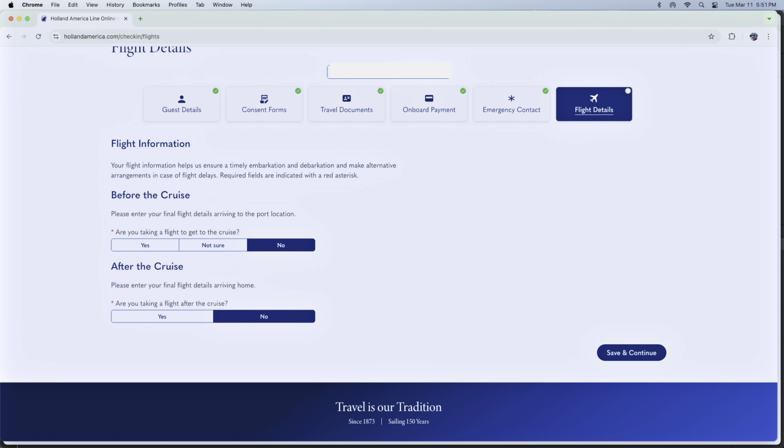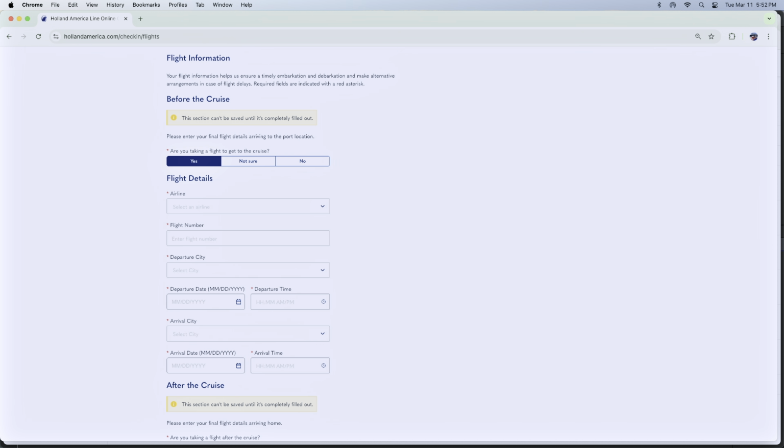And finally, the last thing, and this is probably one of the most annoying parts of filling this out super far ahead of time. We have our cruise booked, but we do not have our flights booked yet. We haven't figured out how many days ahead we're going to be, or how many days we're going to be staying there after the cruise ends. So in this part, I always click not sure for the before the cruise and no, and then you can update that information later. And if you know your flight information, you can fill that out for Holland America Line ahead of time.